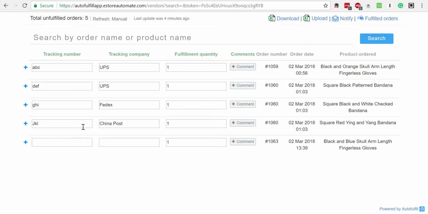And they don't need to go and individually do this. They can do it in bulk. They can do it in hundreds and 200s and 300s. Many of AutoFulfill customers are using this and they're very happy with this feature where they can bulk upload tracking numbers and the company name. So once this is added,